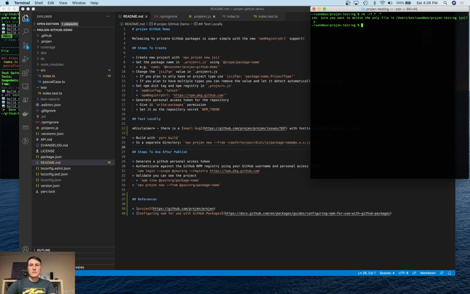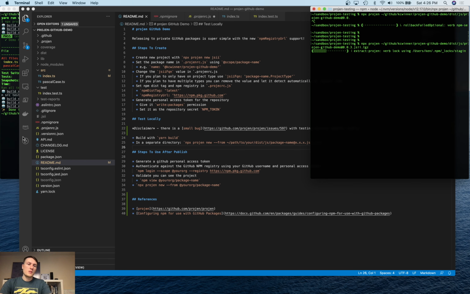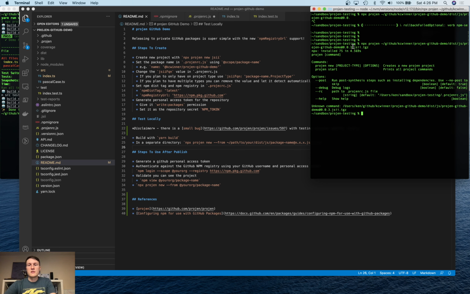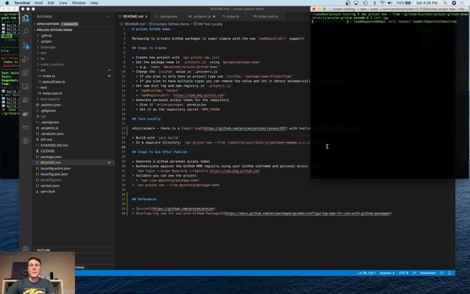Let's clear this out, make sure there's nothing in here. And then we are going to do this, GitHub, Casey Winner. Oops. Since I've already done this a couple times and deployed it, it's actually on 0.0.3. And we got an error because we didn't call new --from. So while we wait for this to go,